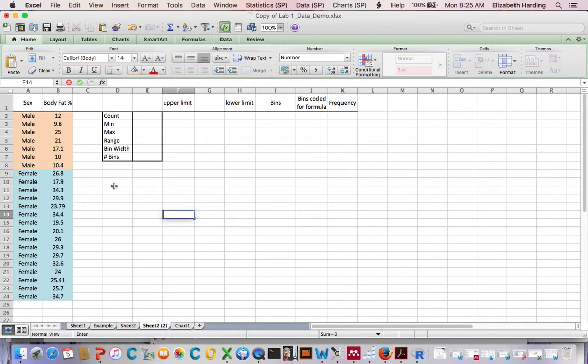So I've created a small table here with count, min, max, range, bin width, and the number of bins. I have some extra columns here. I've labeled upper limit. I have an empty column, lower limit, bins, bins coded for formula, and frequency. So let's go ahead and start filling